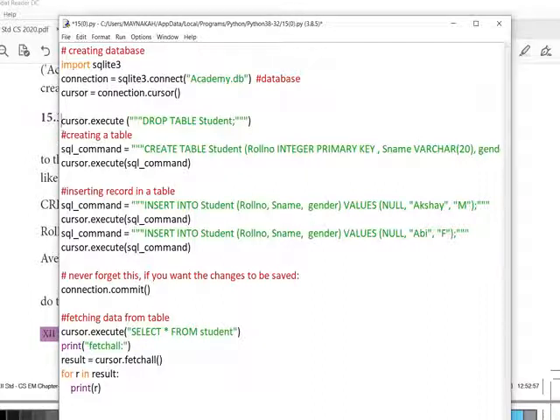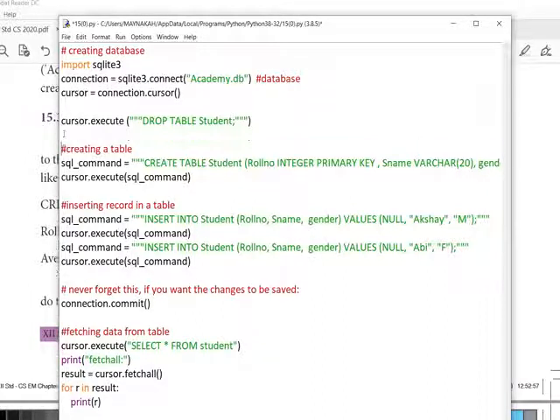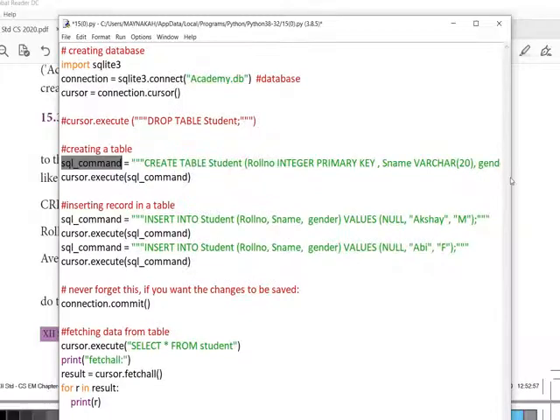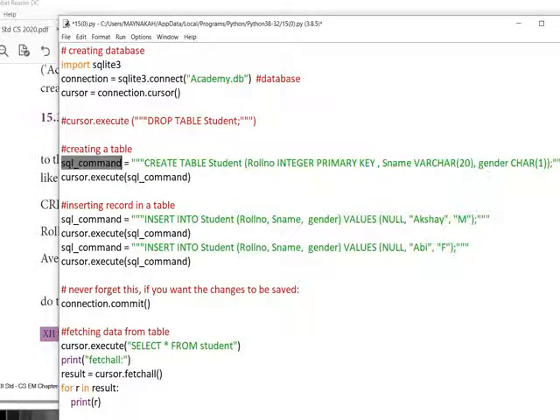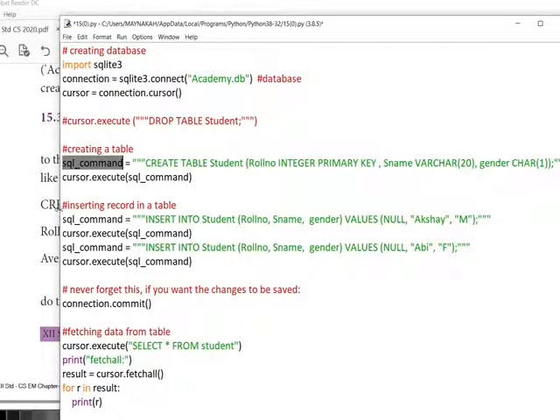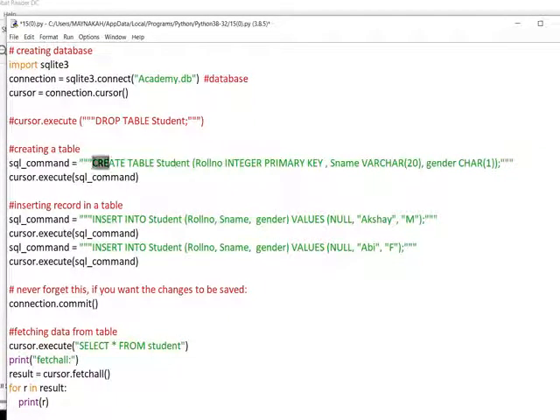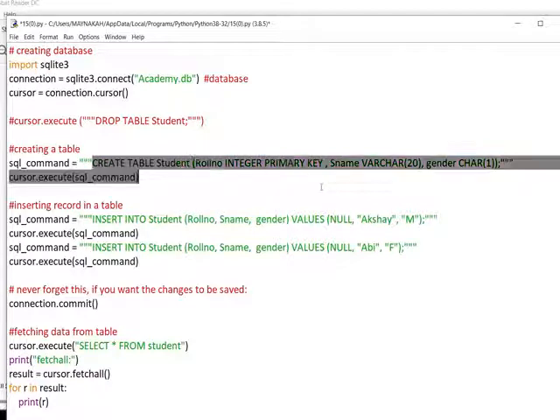Then this is the procedure for creating a table. First I'll hide this and I'll show you the execution. SQL state command is a user defined variable. And create table, name followed by the column names.